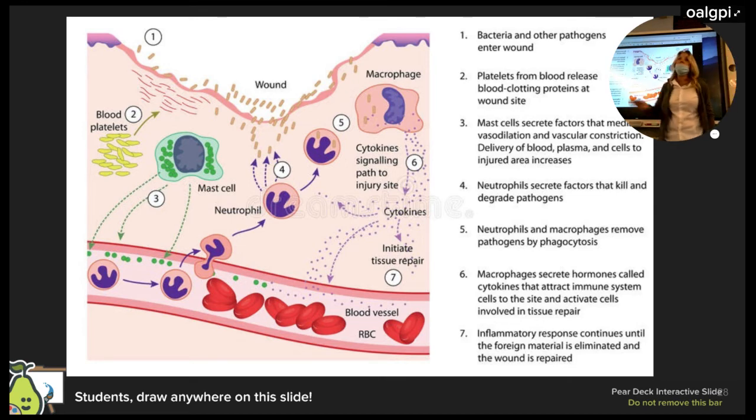Who is usually first on the scene if you have a wound? Neutrophils, because they are the most numerous. Yeah, good. Who else could show up? Okay, macrophages. How do they get there? Monocytes, smaller, so it allows them to get out of the capillary, and then they get bigger into the macrophage. Who else could show up? Mast cells. We like mast cells because of what is in them?